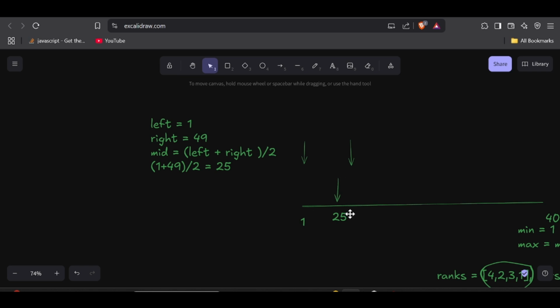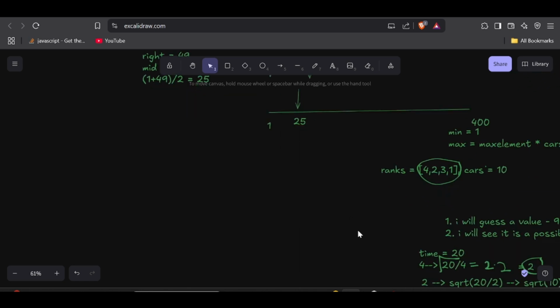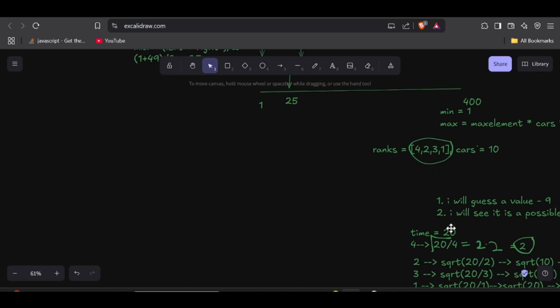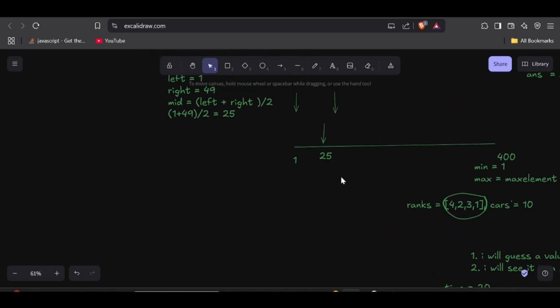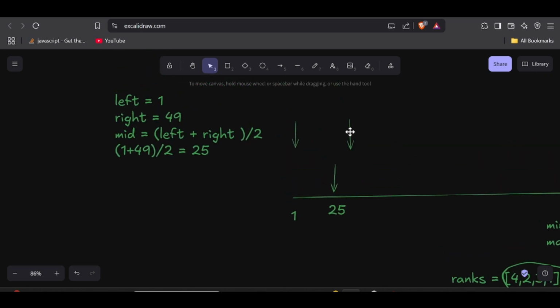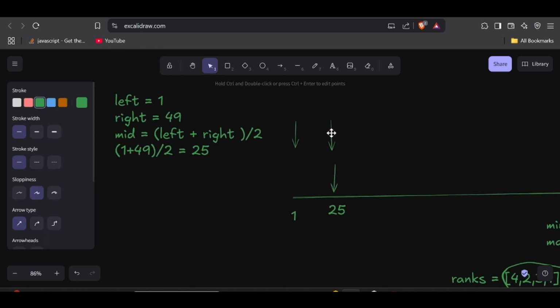Now again, is 25 a possible solution for us? Yes, it is, because I have solved it till 20. So 25 will also be a possible solution. So I will take this, put it mid minus 1. Now my left will remain unchanged, that is 1 only. Right will become 24 this time, and my new mid will become 1 plus 24, that is 25 divided by